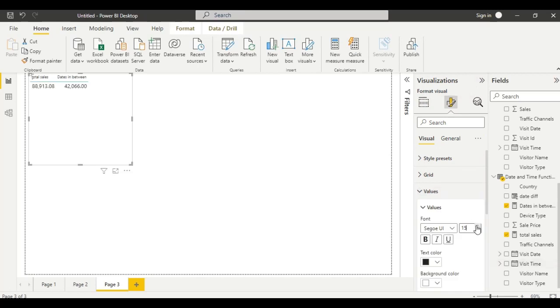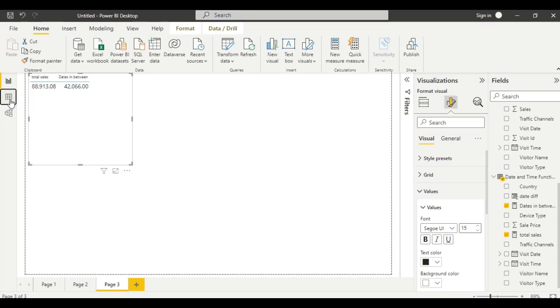So this is the total sales in that particular period we have given. So this is how the dates between function works.